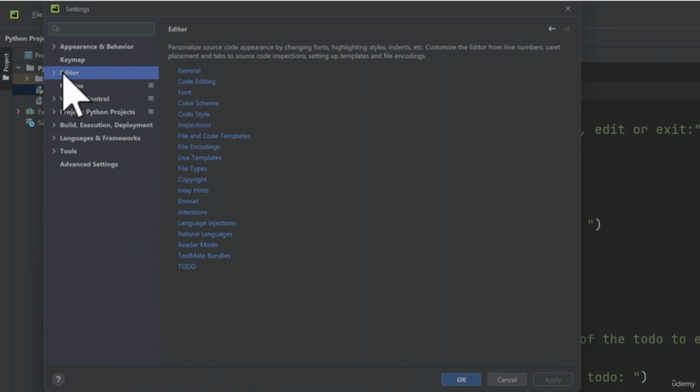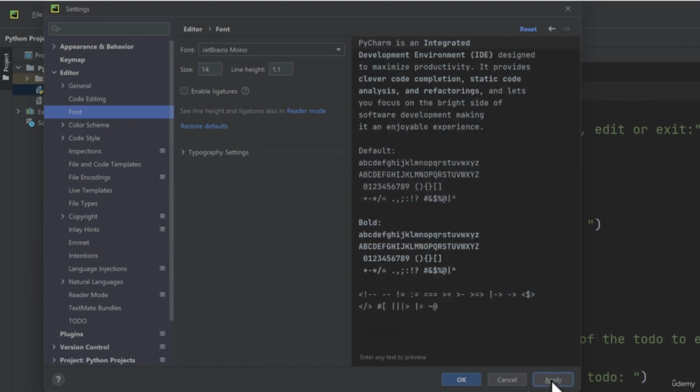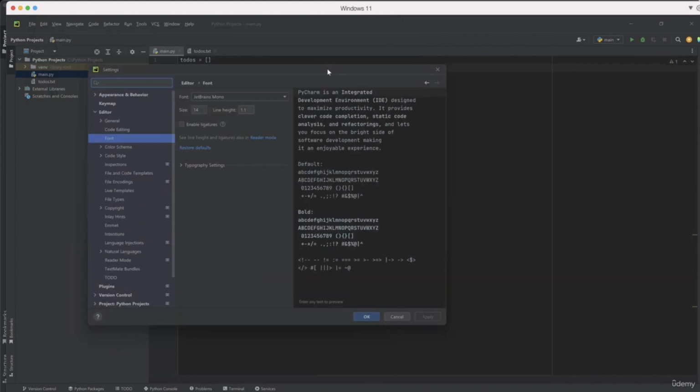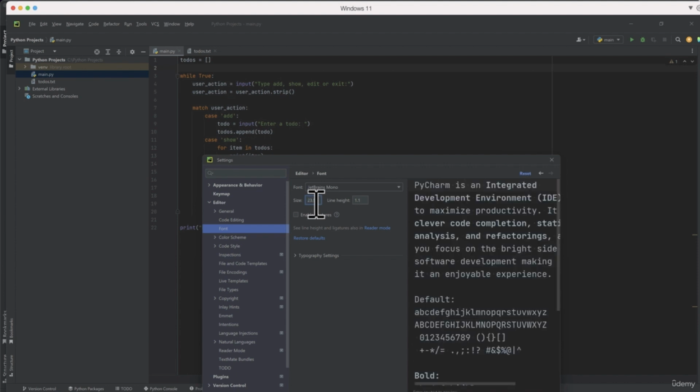There you are accessing this editor area here, and you want to go to font, and then here you can change the font of your PyCharm. So if I go to 14 and I press apply, then you'll see that the code here is going to get smaller. So choose whatever you feel comfortable with,